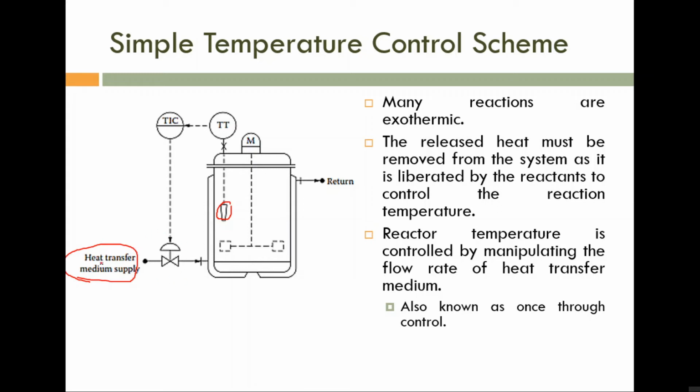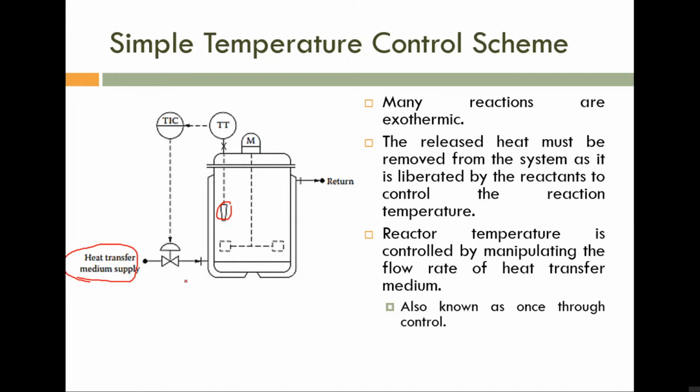So what will happen? The heat transfer medium is blocked here, meaning it is stopped, it is not flowing through the shell. The exothermic reaction is happening there, so the temperature is increasing and we are unable to remove that heat using the heat transfer medium because it is closed. After some time the temperature becomes very high, and that is sufficient for some accidents. That is the problem if you are using a normally closed valve.